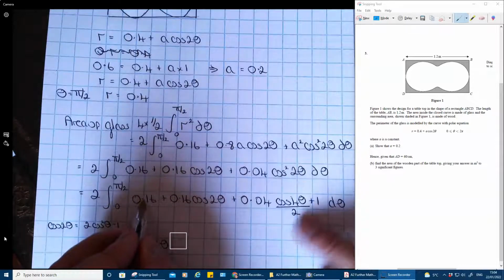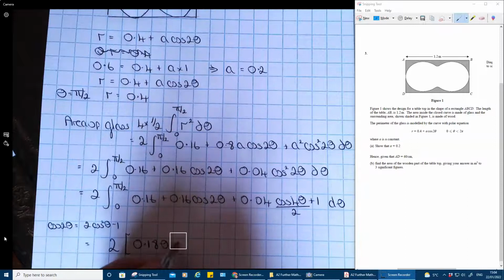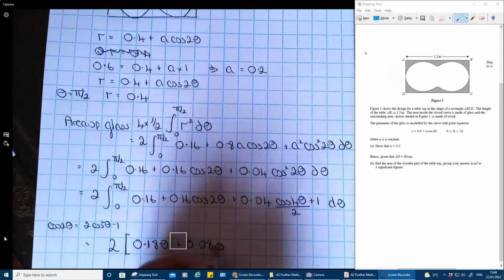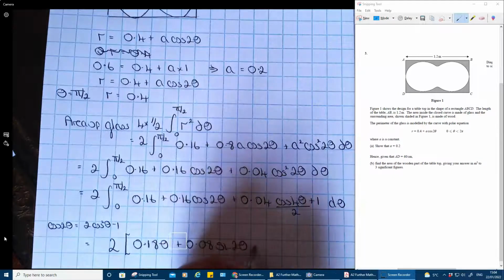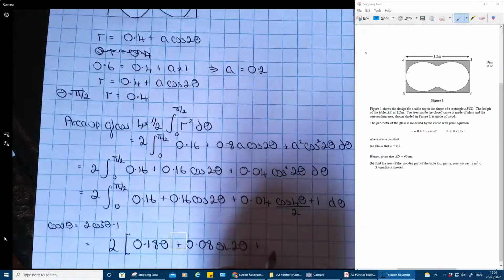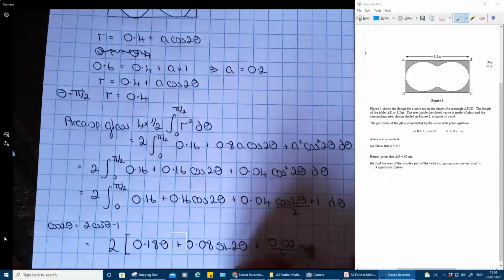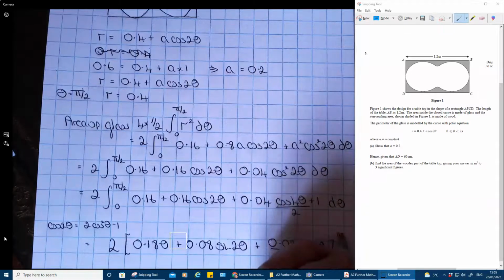So that one plus this end bit, plus 0.08 sine 2 theta, plus 0.02 over 4, sine 4 theta, between pi by 2